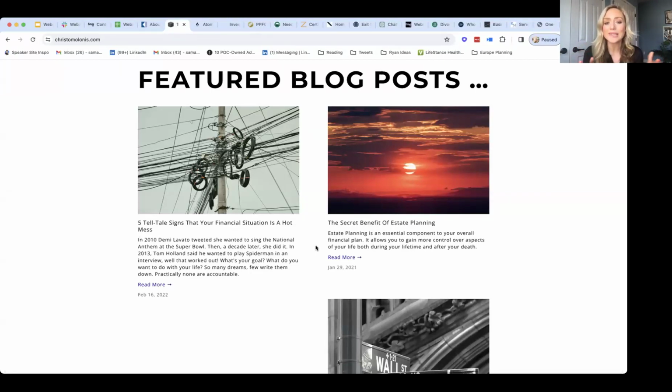Okay, so actually what I was thinking of is if you look at the dates, all of the dates are from like 2022, 2021, right? So when you land on this, your initial thought might be, oh, this hasn't been updated in a year and a half or so, almost 2 years. So if you're going to have dates on your blog posts, you want to make sure you're updating it